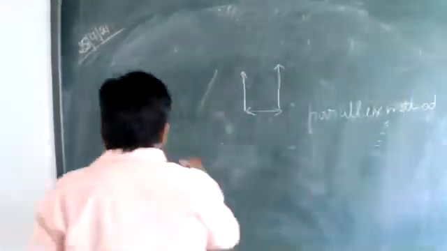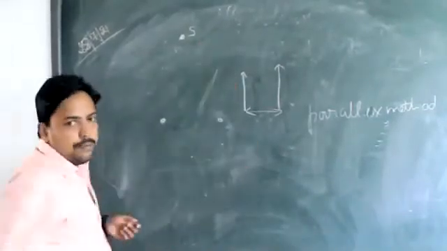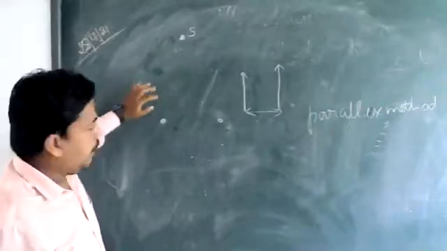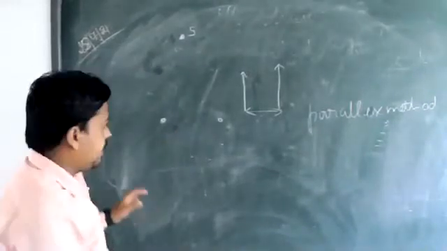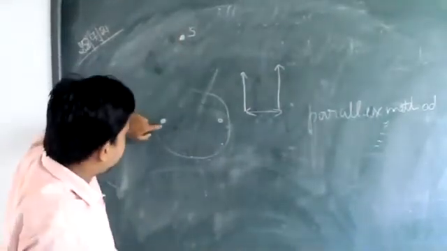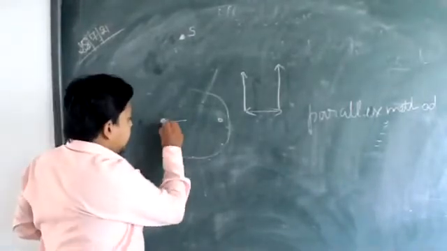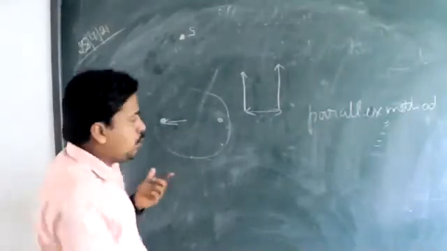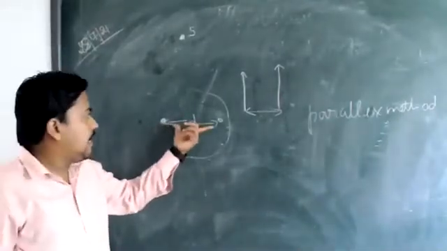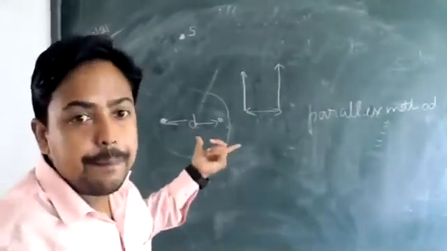For example, if I am observing any planet, for example the Sun, I have taken two positions from the Earth. This is the Earth, and I have taken two positions to view this Sun. Suppose let the first position be this, and let the second position be this. There may be a certain distance between these positions. Name that distance small d. The distance between the two points of observation is known as the basis.